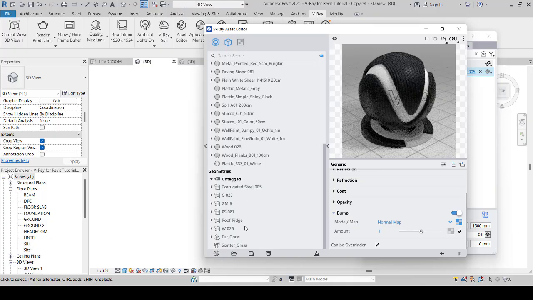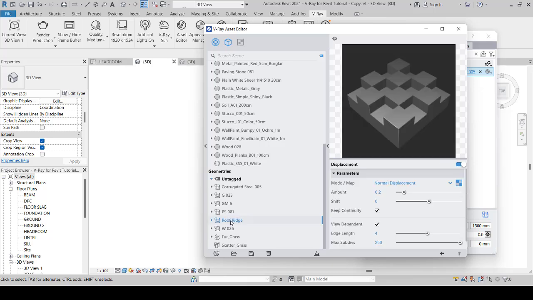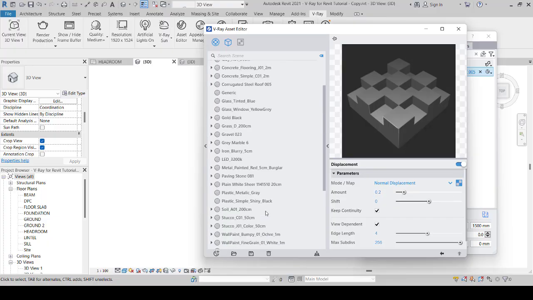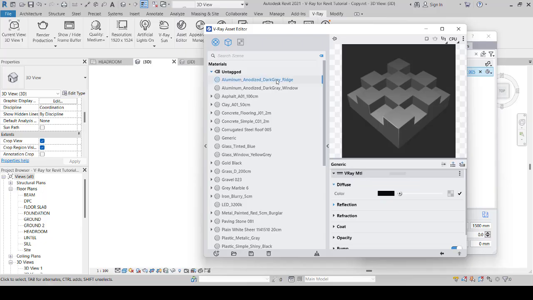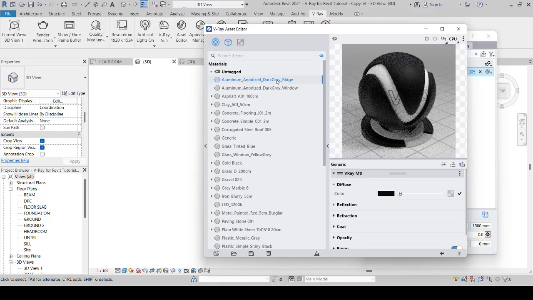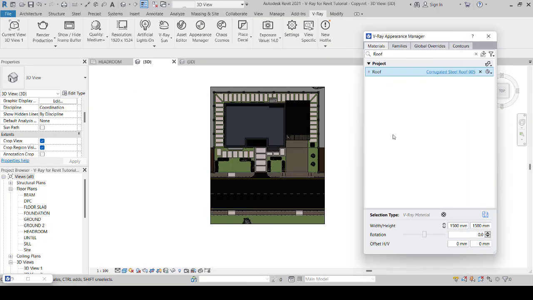And then I call that one roof ridge, the material for the roof drainer and the roof filler. So my displacement is 0.2. This is the material for the roof ridge. And what I would do next is